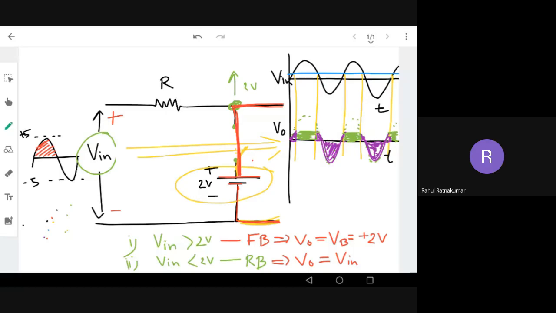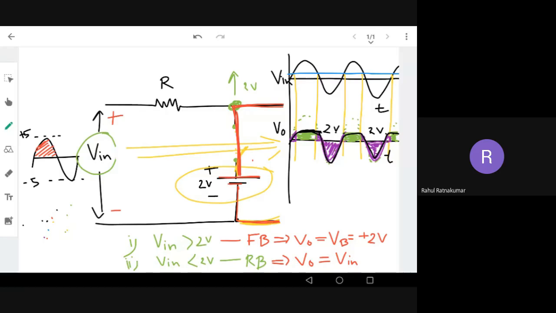Okay, so I think you're able to get till this point. Now we need to plot. We got the transient response with respect to time. This is the output we are getting with respect to time. This goes on like this. Okay, so this is 2 volt. You should mark the 2 volt point. What is it?